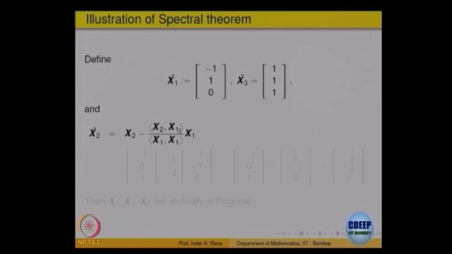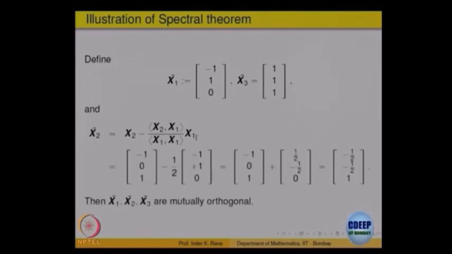So, x 2 is the one which is to be defined now, right. Either x 1 or x 2, one of them you can modify so that it becomes perpendicular. So, you define x 2 so that it is perpendicular to x 1. x 1 and x 2 are not orthogonal, right, so from x 2 remove the projection onto x 1, so that they become orthogonal. So, once you compute it comes out to be this.